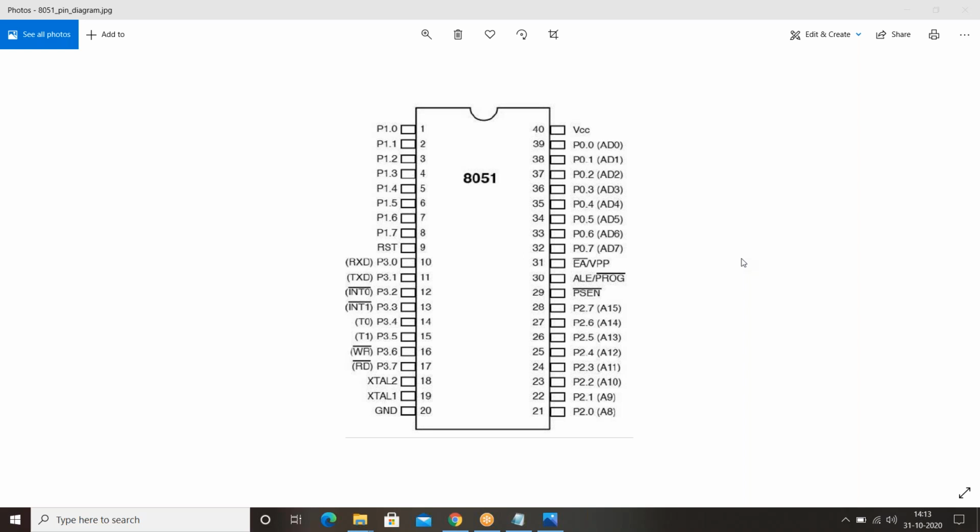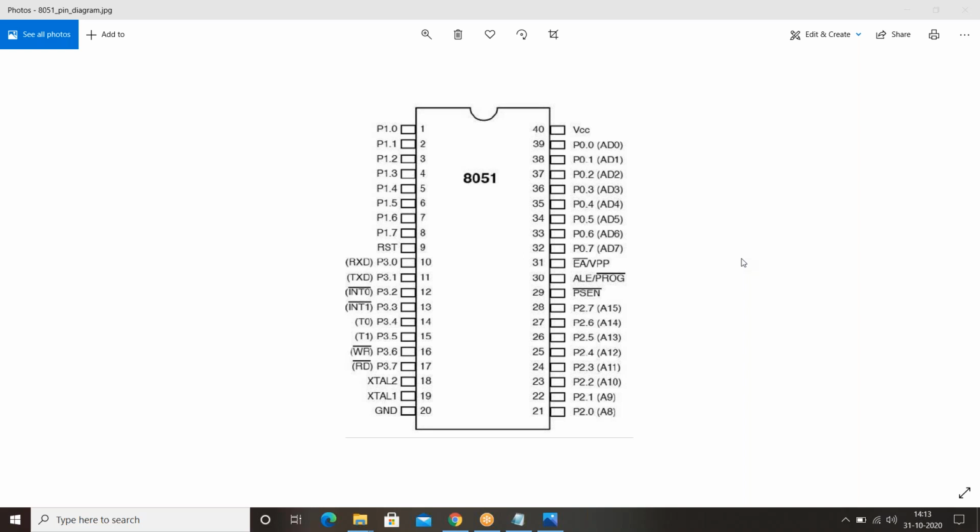Yeah. So, coming back to pin number 10. From pin number 10 to pin number 17, which come under port 3, this port 3 will also act as a bidirectional input and output port, and other additional functionalities will be there. Let me see about that. Okay, RxD, if you take pin number 10 and 11, RxD and TXD pins are there.